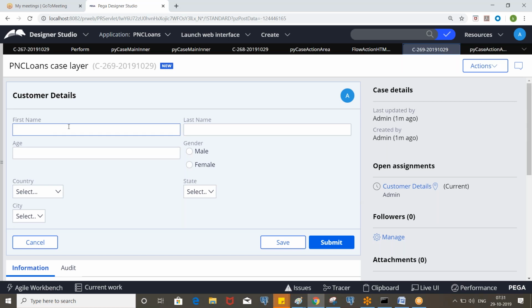Whatever details I enter here, I will verify there, and if it is okay, then I click on submit and the assignment should be completed. In that case, if the customer asks in that way, you need to put your own buttons rather than using out of the box buttons.